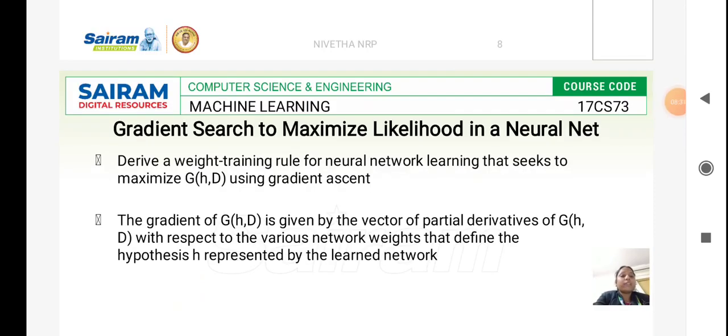And to derive this we use gradient search for training your network. When your machine has to be trained with the possibilities of occurrence of events, sequences of occurrence of a particular event, when it is observing the frequencies, we use gradient search